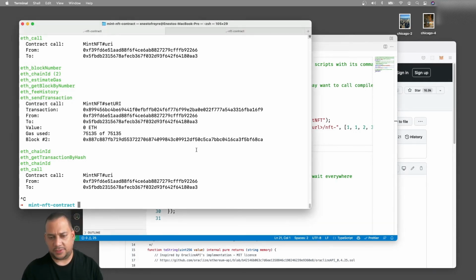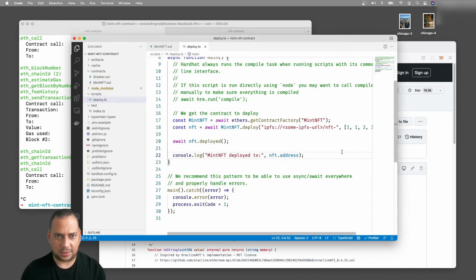One last thing in this episode that we will cover is how to test our smart contracts. This is really important. This is something that we should always do. We're using ERC-1155 from OpenZeppelin, but that doesn't mean that we cannot test our contracts. I mean, we know that OpenZeppelin extensively tests their contracts, but we should also try to execute tests for our contracts. So let's create a couple of tests for our Mint NFT contract, especially for the part of the constructor. I think that part should be tested.